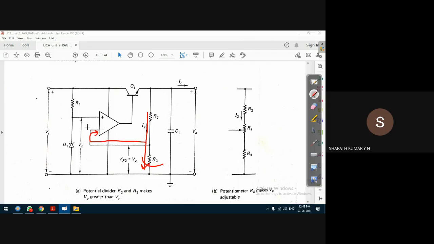What is the maximum bias current that will flow into an op-amp? In this numerical problem, a 741 op-amp is considered. For a 741 op-amp, the maximum input bias current, let me write here, IB max is equal to the maximum is, any idea, guys?